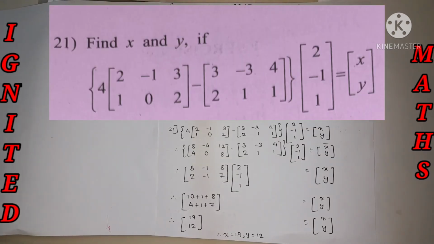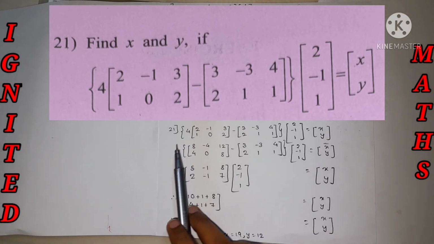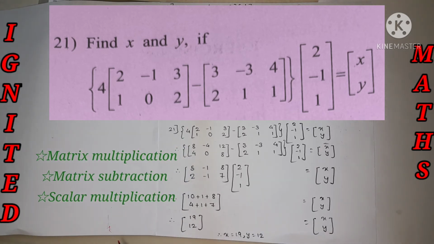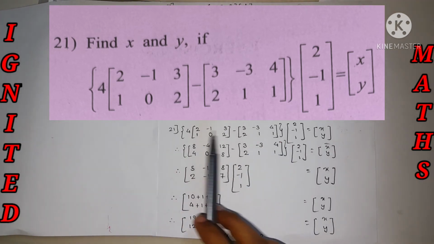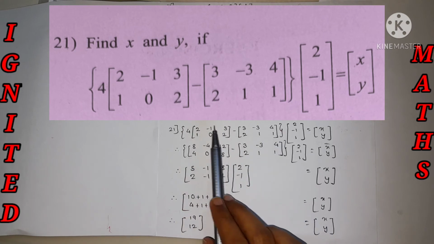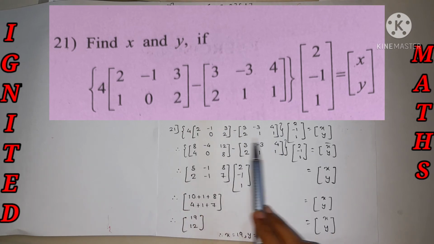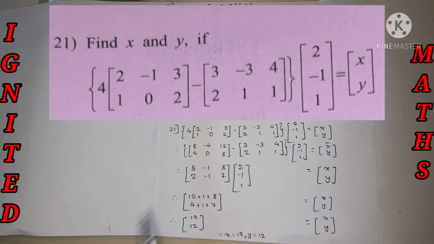The 21st main question, we need to find the value of x and y if the matrices are given. We need to do the matrix multiplication and scalar multiplication so that we can find the value of x and y. If any queries occur, please go through the description link. We will get the complete concept. If yes, put it in the comment section even. So in the question there are three matrices given. In the bracket they have given. So first we need to find the value of this matrix and we need to multiply it with this matrix.